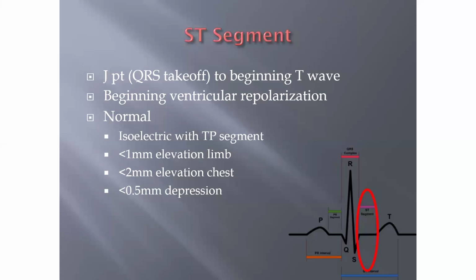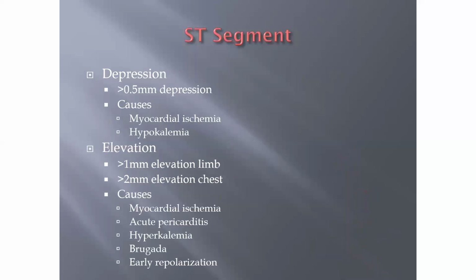It should be less than 1 millimeter elevation in the limb leads, and less than 2 millimeter elevation in the chest leads. Chest leads, remember, are V1 to V6. And in terms of depression, it should not be less than 0.5 millimeters, or half a small box. Okay. In terms of depression,